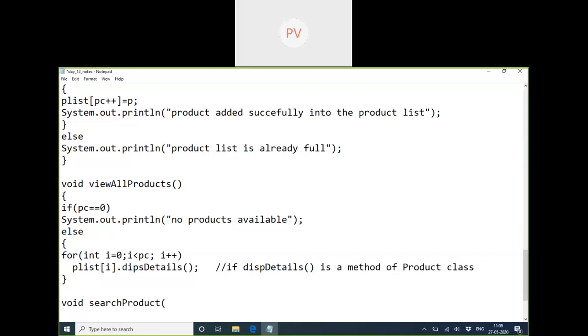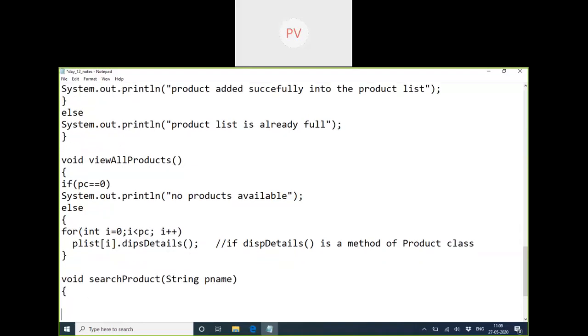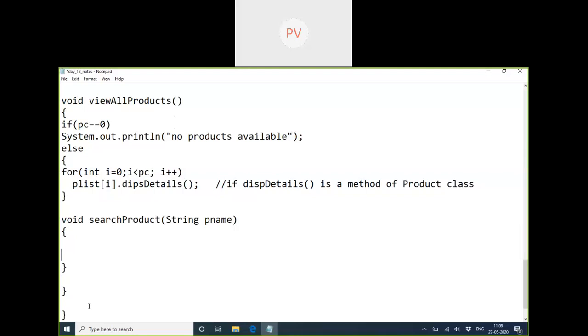So what will we generally enter while searching? What should we enter in the search box? Product name, ma'am. So let us take that the user should enter some product name, and I should search based on that. What will we type about? The user only types the name of the product.